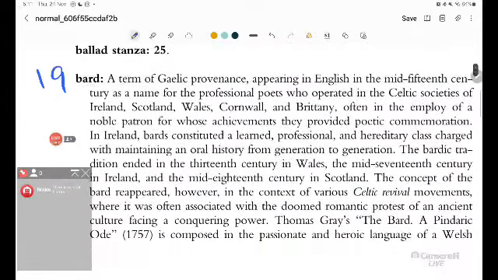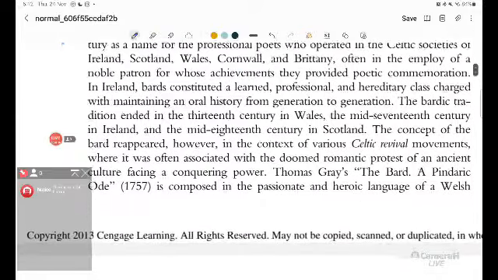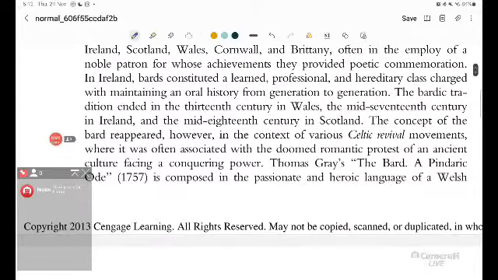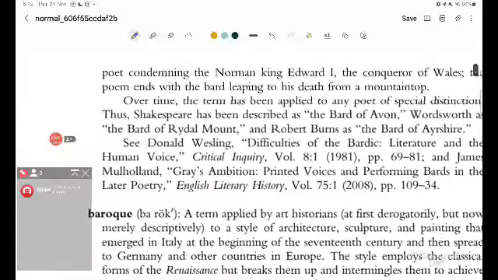ओके, बार्ड। The term of Gaelic provenance appearing in English in the mid 15th century as a name for the professional poets who operated in the Celtic societies of Ireland, Scotland, Wales, Cornwall, Brittany, often in the employ of a noble patron, for whose achievements they provided poetic commemoration. In Ireland, bards constituted a learned, professional, and hereditary class charged with maintaining the oral history from generation to generation। तो देखिए बार्ड का यूजुअली मीनिंग तो पोएट ही होता है, इसको लेके आपको और आगे जाने की जरूरत नहीं है। लेट्स मूव टू द नेक्स्ट वन।